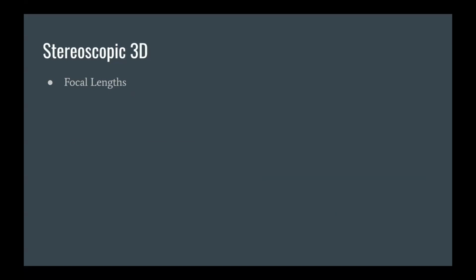Because I'm trying to make my eyes see objects in my field of view that are at different focal lengths, at different distances, and the light coming from them would focus at different points on my retina. So one or the other has to be blurry. Now, this effect doesn't really happen when I'm looking at a 3D environment in a virtual setup, because everything is